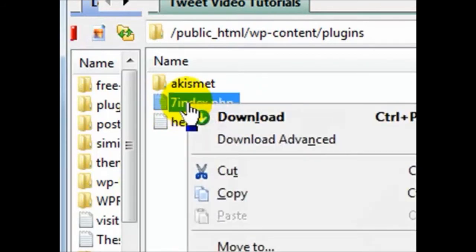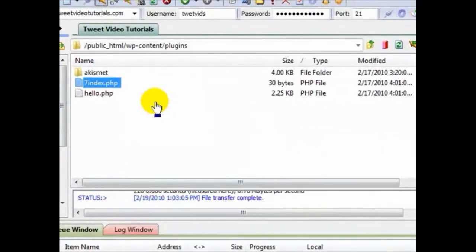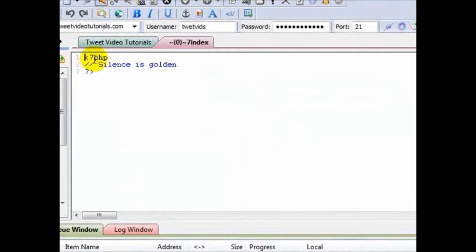Now if we look to see what's inside of this, there's really nothing to it at all. This right here just says that it's a PHP file, and this is commented out, which basically just says silence is golden, and you can put anything in there, but for that matter you can even have it totally blank. Now it won't be an effective PHP file anymore, but let's say